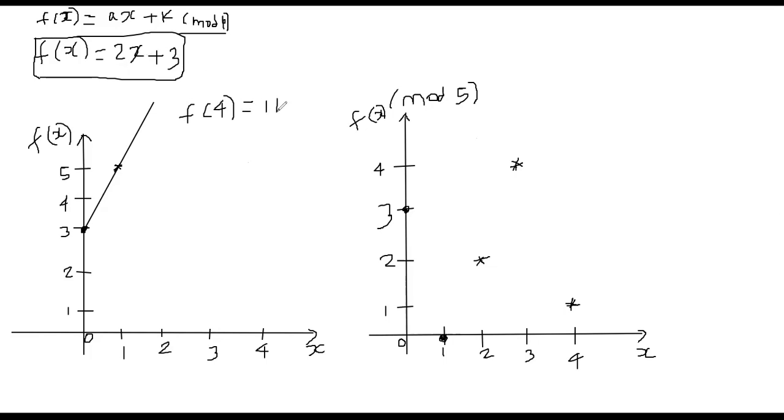And now you can start playing the game. So you know the general equation, right? Ax plus k. You don't know A, of course. This is A and this is K. You don't know these two, but you only know this mapping, 4 mapped to 11. So how do we go about it? How did we get 4? F of 4 means your x must be 4. So it's 4A plus K is equal to 11.